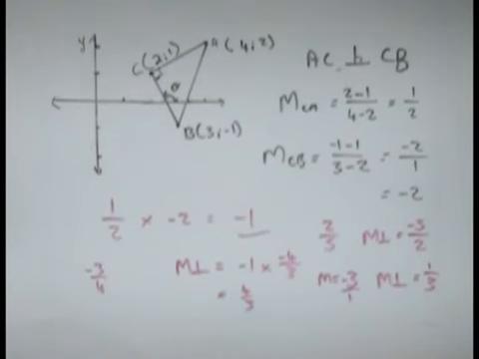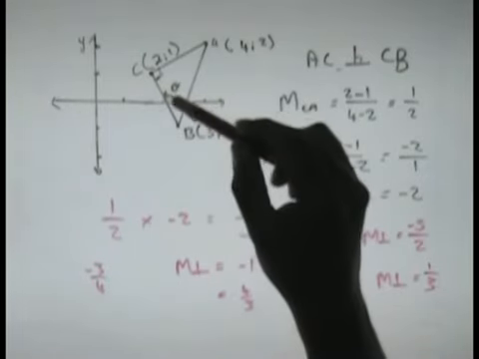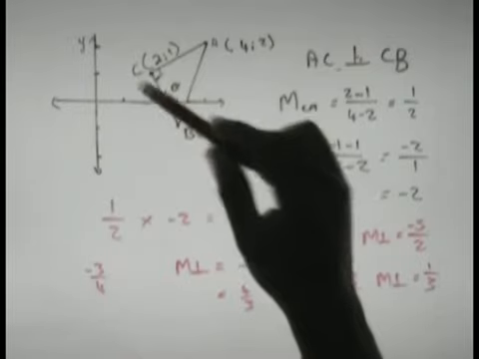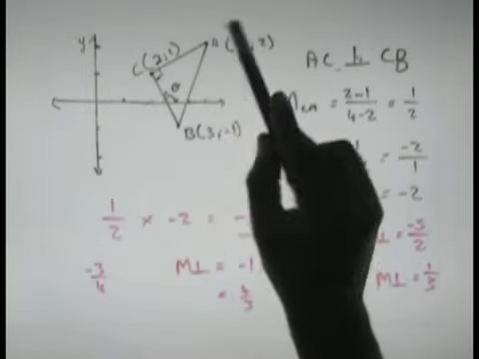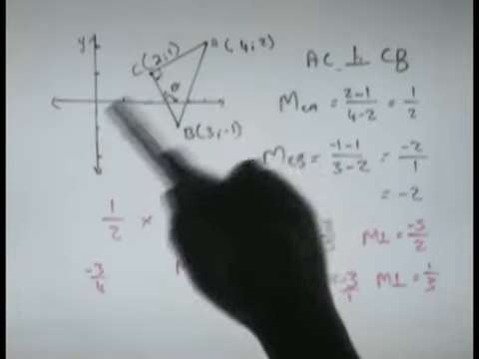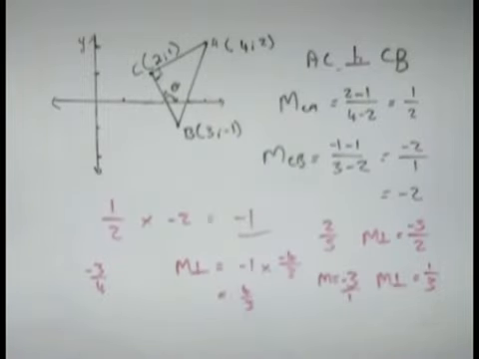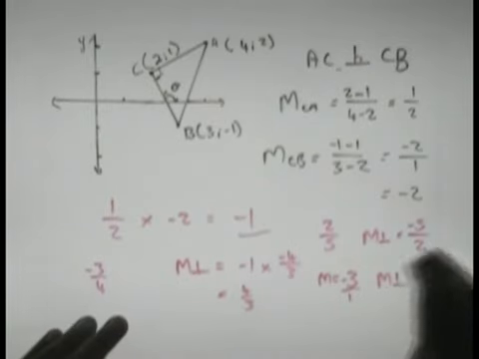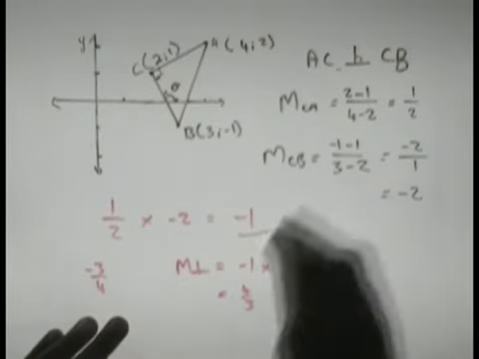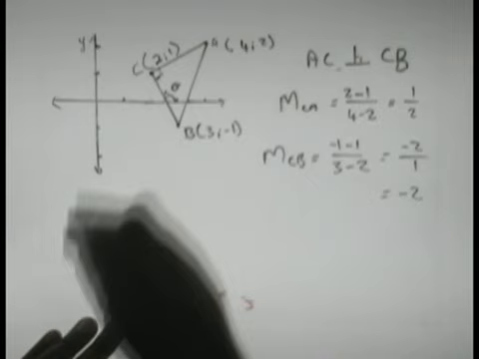gradients of lines that are perpendicular. Now let us look at theta, the size of angle theta of CB. So far we've looked at the angle of inclination theta of a line that has a positive gradient. Now let's work at that one. The angle of inclination